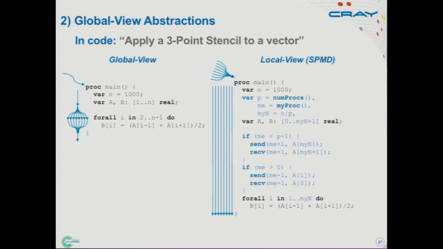I'm going to take my global problem size, query how many processes there are, and what my unique ID is. And I'm going to compute what portion of the global problem space I own by dividing the problem size by p. So I then declare my arrays in terms of that local problem size. Again, I'm going to extend by 1 in either direction so I can get these nice ghost or overlap cells to cache neighboring values. And then I insert some communication, again using a pseudo send-receive here, to update those caches. And then I can do the computation itself, again in terms of my local problem size.